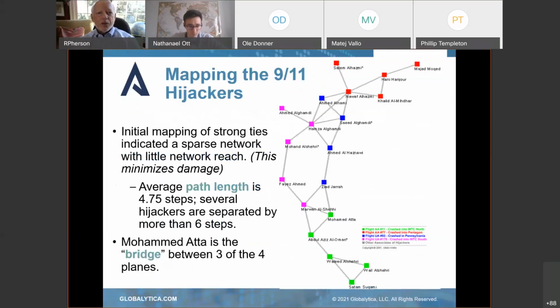So now just to show you how this works, we took a very classic case of the 9/11 hijackers and put together the 17 who were involved in the plot, not captured, but who were involved in doing it. And then they start running some networks and some analysis of what is the path length, who's separated by how many steps, and who's the bridge, who really matters. So here you've got Muhammad, he's connected to 3 different networks, and he seems to be the most critical player in the game.